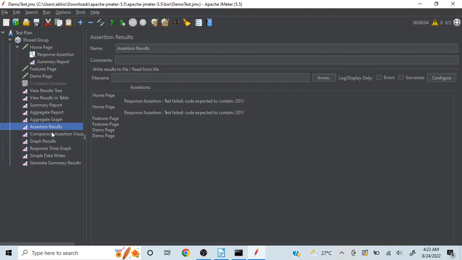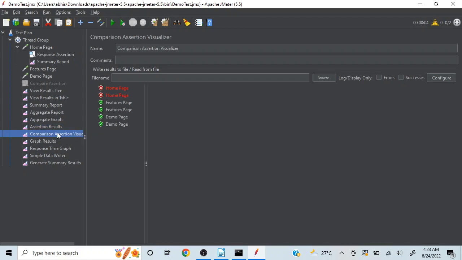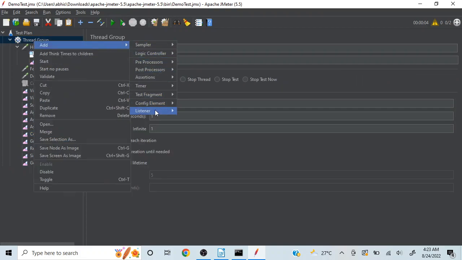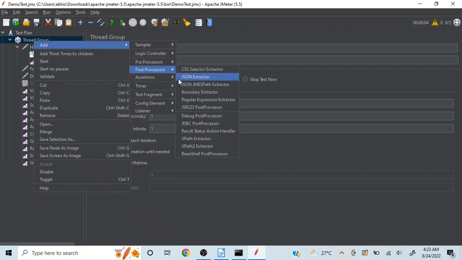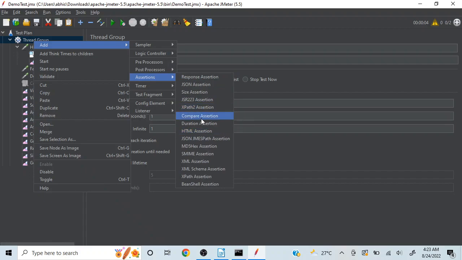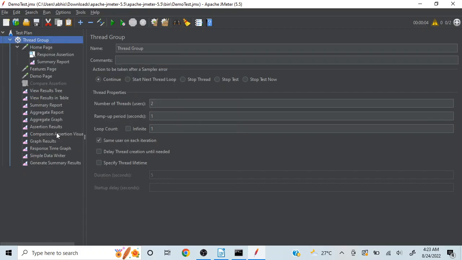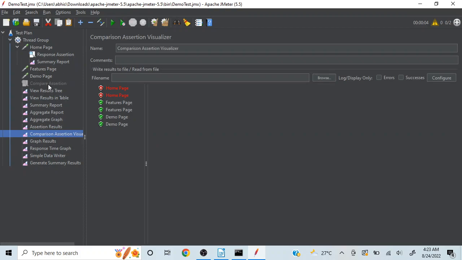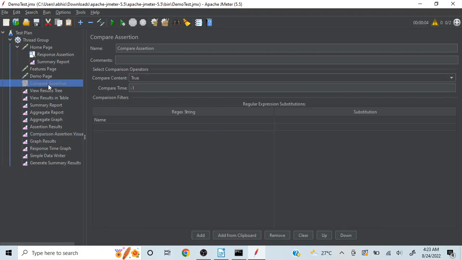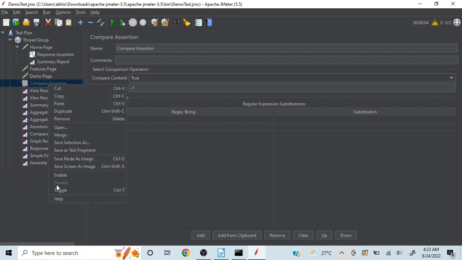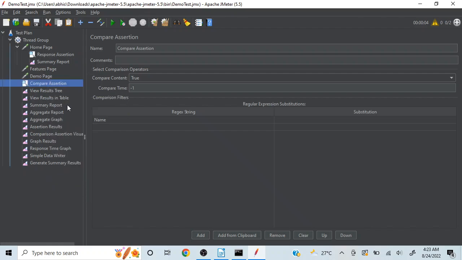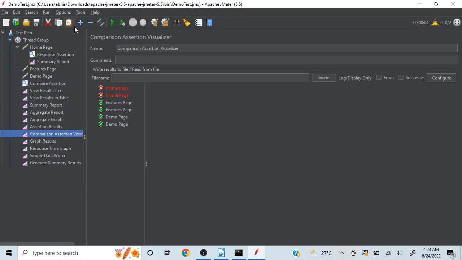Now there is another listener, the comparison assertion visualizer, which is specifically meant for assertions only. So the same way, right click here, go to add, go to assertions, and you can add compare assertion. This particular listener is specifically for the compare assertion. If this is not added, then it is not going to display anything. So I have actually added it, I had disabled it, I'll re-enable it again, and I'll just quickly show it here. So if I run this,